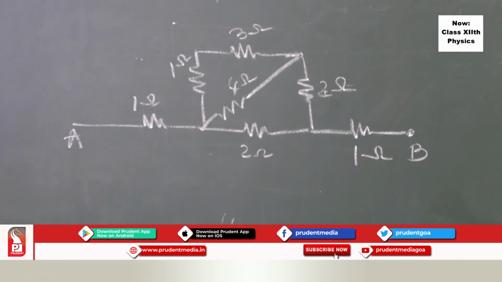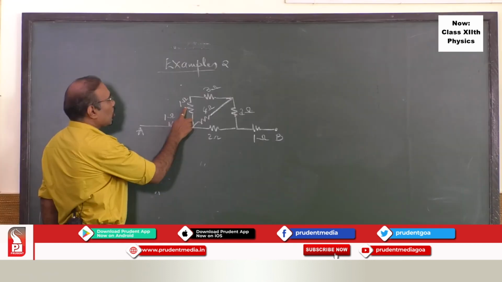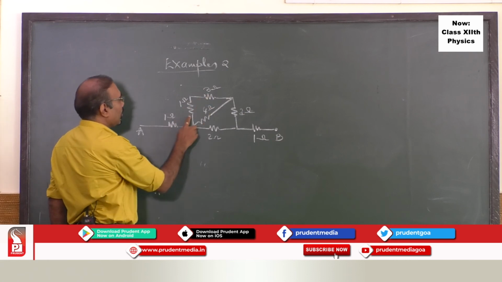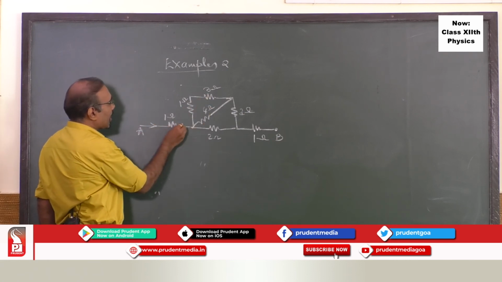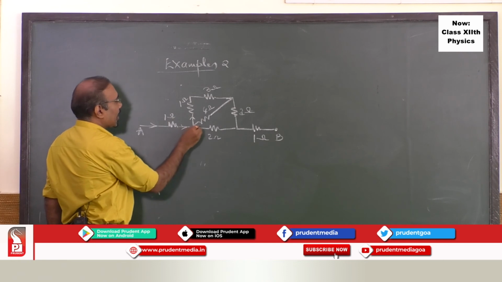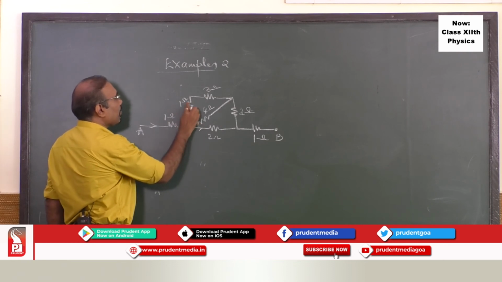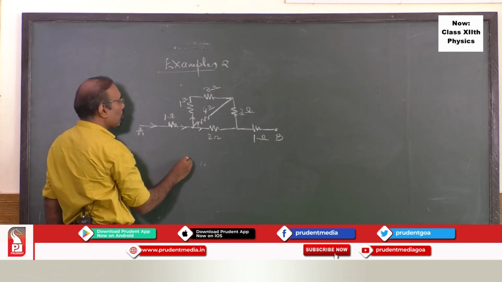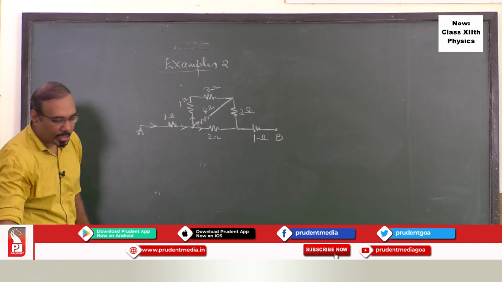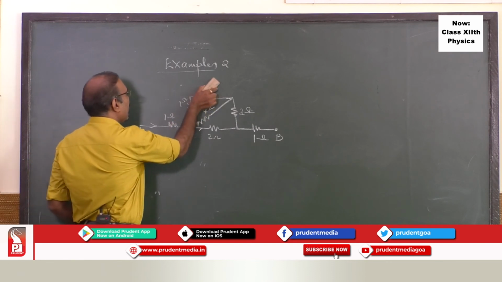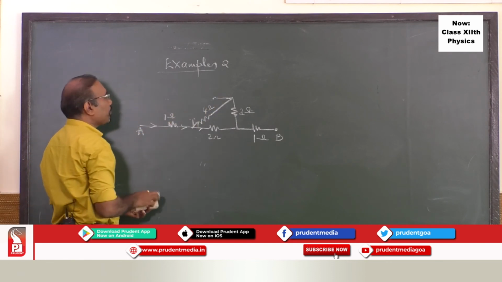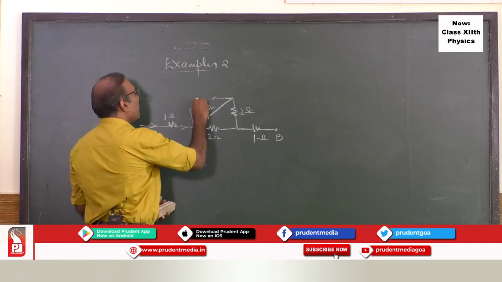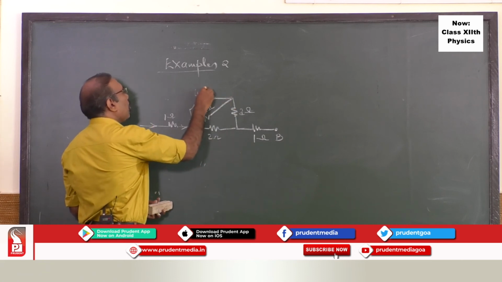Okay, how to start? First find the equivalent resistance. If I pass the same current here, this current gets divided into 3 branches. The same current will flow through this and this, which are in series, so you will get one resistance. I will reduce this circuit, I won't draw it again. This becomes 4 ohm now, and this will be 4 ohm now.